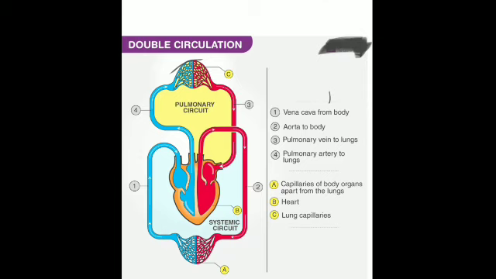Now I have also told you that whatever circulation of blood is between the heart and the other organs of the body is known as the systemic circulation. The oxygenated blood flows from the left ventricle to the different parts of the body through the aorta, and then it is returned back from the body through the vena cava to the heart. That is known as systemic circulation. Is it clear? So this is known as systemic circulation.